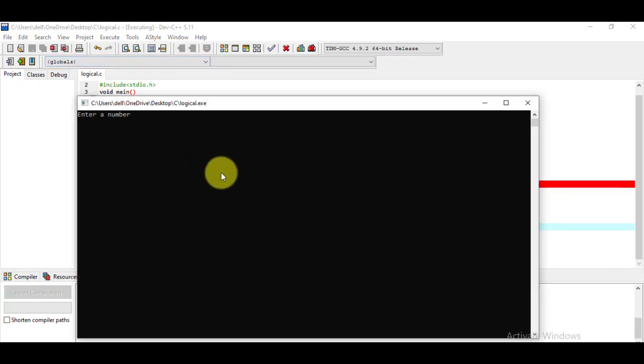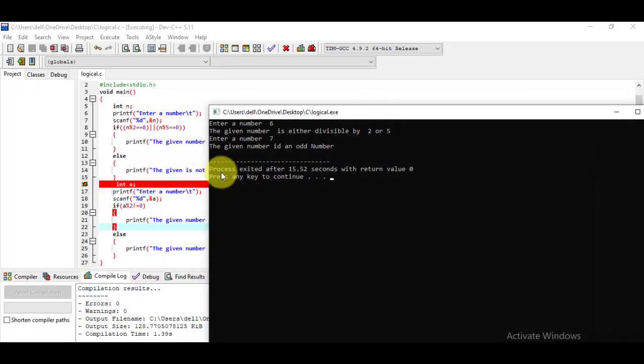Now this is our previous case, so this time I'm entering 6. Here it is saying the given number is either divisible by 2 or 5. So 6 is divisible by 2, as we know. This time I'm entering a 7, and it says the given number is an odd number because 7 is not divisible by 2.